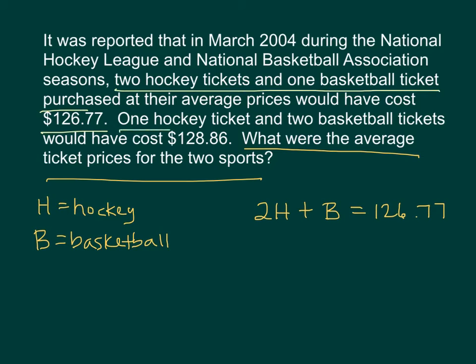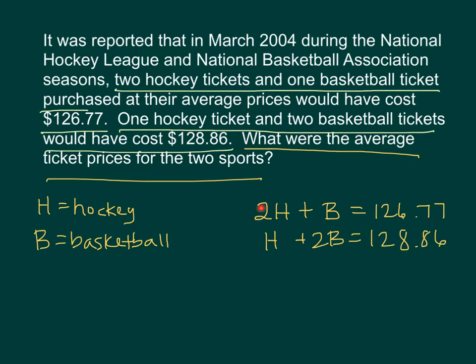If you look at the following sentence, it says 1 hockey ticket and 2 basketball tickets are $128.86. So now we've got only 1 hockey ticket but 2 basketball tickets, and that's $128.86. Once you've got your equations set up, you're going to want to decide whether you want to solve by elimination or substitution. Now this problem looks like an elimination problem because it's set up H's above H's, B's above B's, and constants